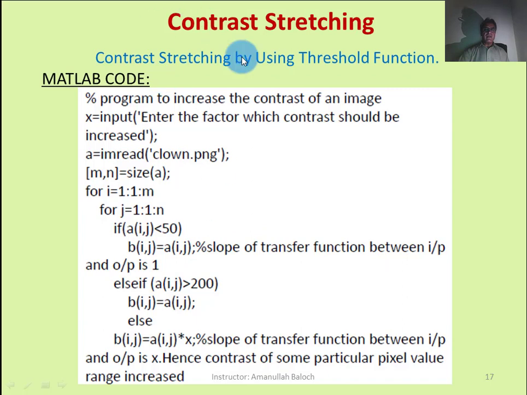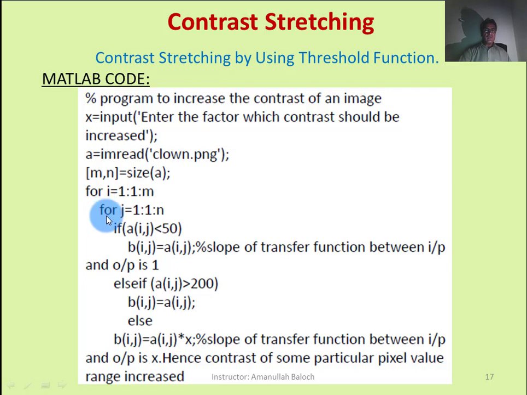This is the second technique, contrast stretching by using the threshold function. Here we take some input scalar value from the user through the input command and store it in x. We read the clone.png image and store the gray values in A. We want to know the size of A. Here we use two nested loops.